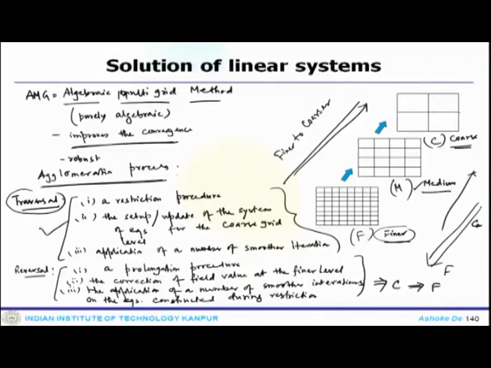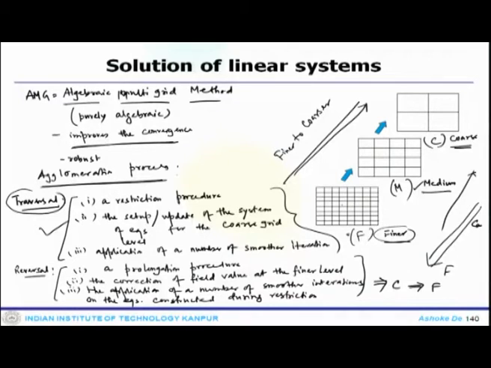So, what it does, if one can think about by looking at this picture and the procedure, is that you are getting a solution at different grid level. Maybe this F actually is your final grid level where you would like to obtain your solution, but then your iterative process will end up giving you some sort of an error, convergence is low. So, in order to improve that, you refine it to two different grid level, get your iterative solver, solve there, reduce your error due to iterative solver, translate back to the original level.